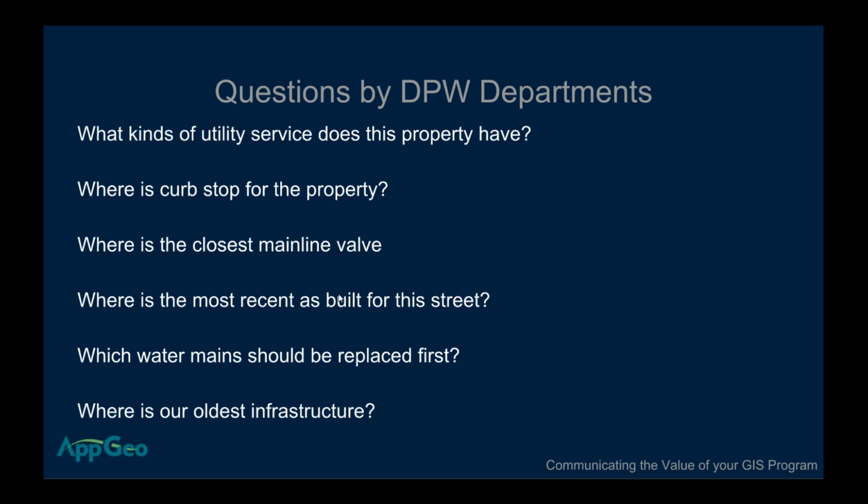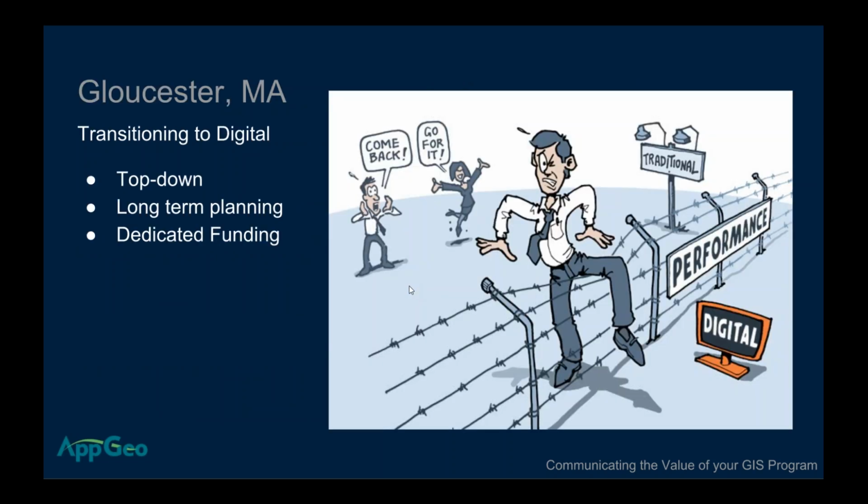And so that's really where I want to start the story. I've had an intimate relationship with the city of Gloucester and their growth of this asset. Being a very old city, incorporated in 1883, they had a lot of really old assets, and so the project got started. They wanted to find a better way to access their information. That's really what they were trying to do, and how to go about this.